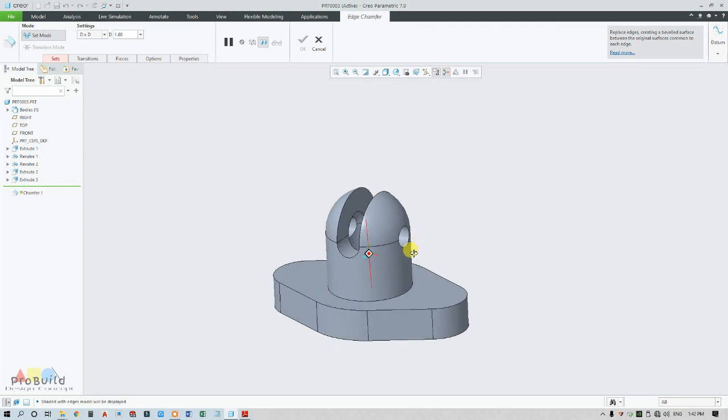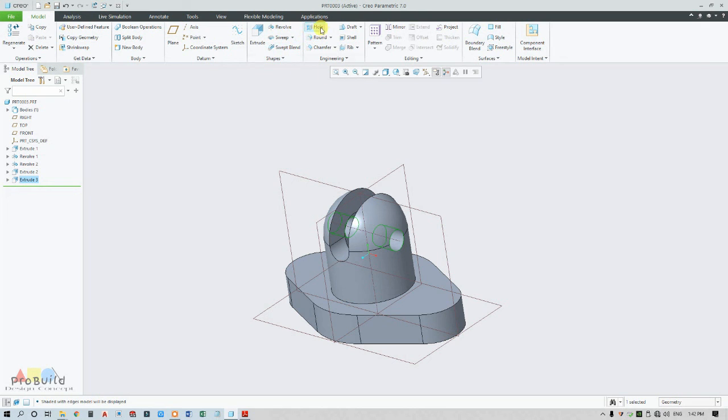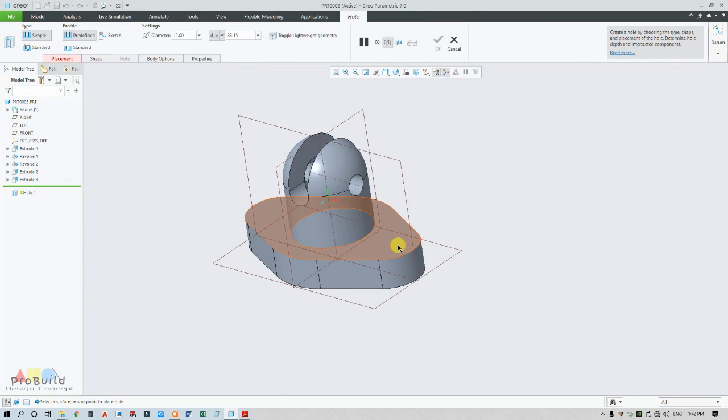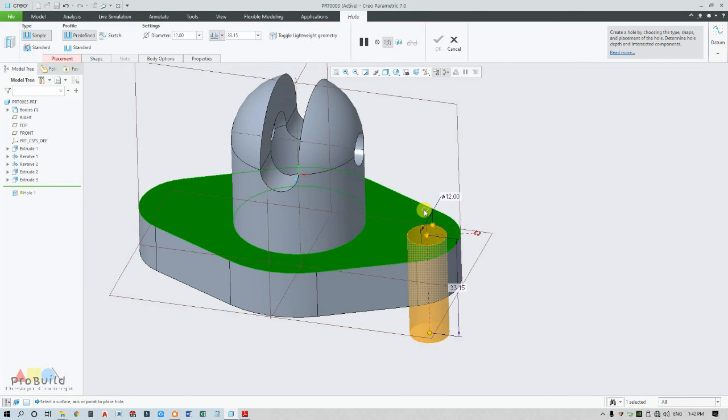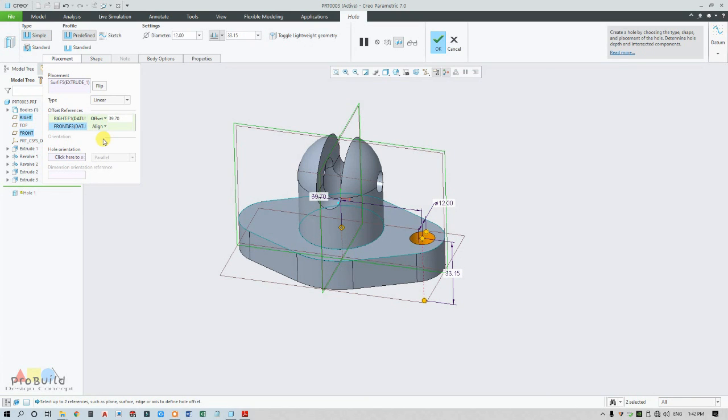Now I need to make a hole here, so go for a hole, place it here, drag this clip to this right plane and this to here. So go for placement, so this can be aligned to 0, so it comes 0 to 0 position, and here offset distance is 68, of which is 34.